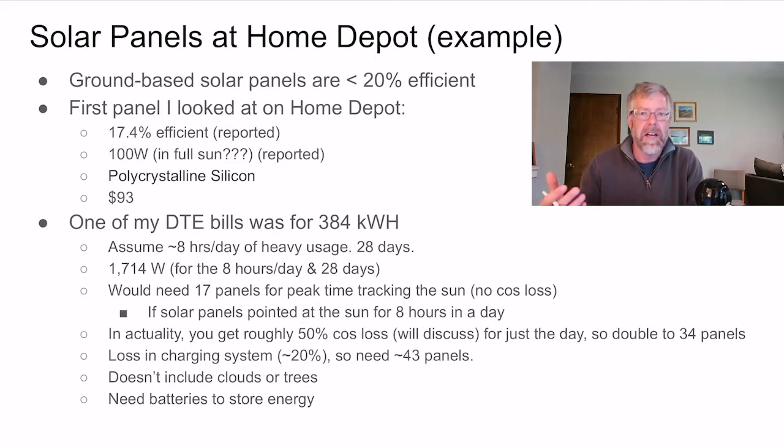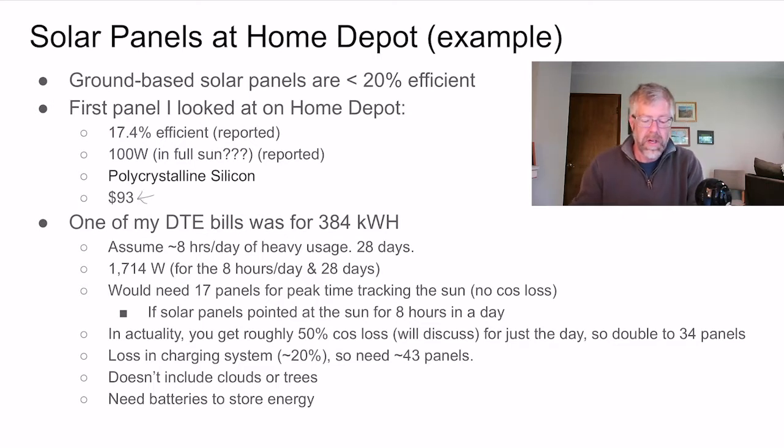Not great, but relatively speaking, solar panels are pretty cheap, so you just buy more of them. The first panel that I looked at on homedepot.com is about 17.4% efficient, and in full sunlight you get about 100 watts. It's made out of polycrystalline silicon, and it costs about